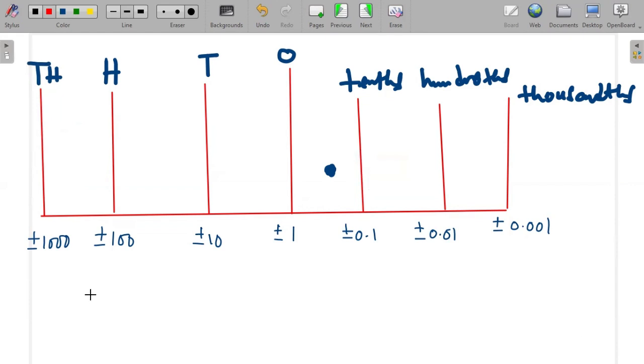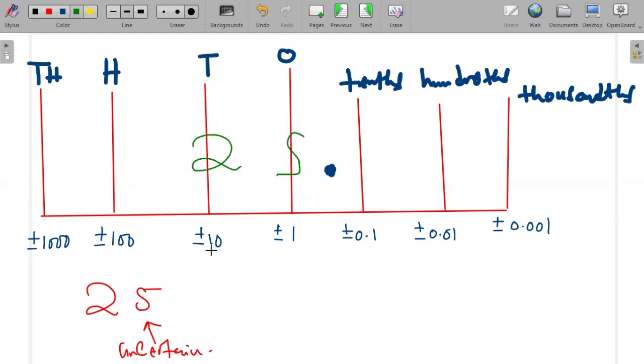So the number that we were given there was 25. And we said the uncertain digit is this one, the 5. Uncertain. If the 5 is uncertain, now you identify the position where it is in that number. So this number is 25. It means the 2 is in the tens. The 5, let me write it properly, the 5 here is in the ones. So the uncertainty, because the uncertain digit is in the ones here,